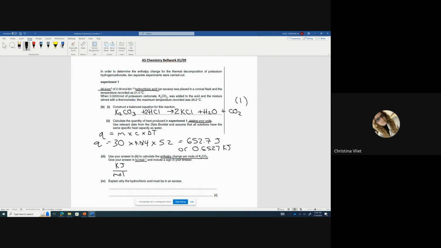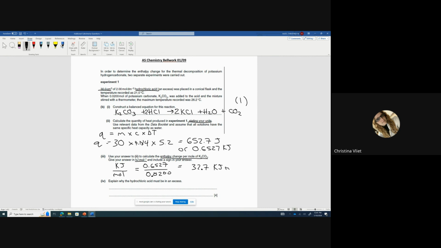And so the kilojoules are 0.6527. And the moles of K2CO3 is what? Is that in the question somewhere? Yeah, 0.02, right? And when you divide those two numbers, you get 32.7 or something like that. Kilojoules